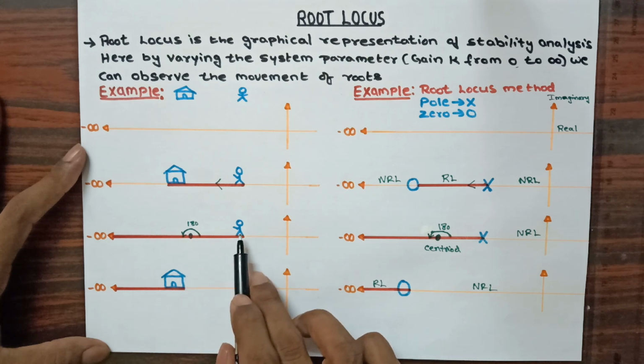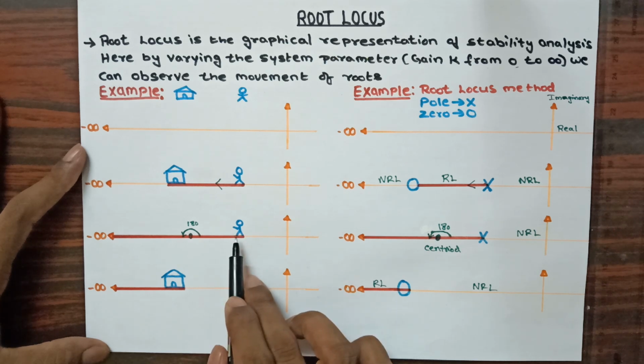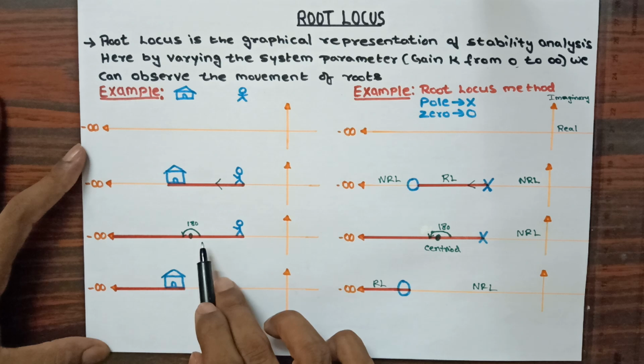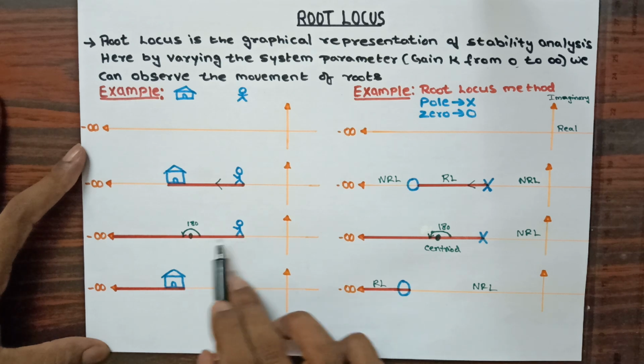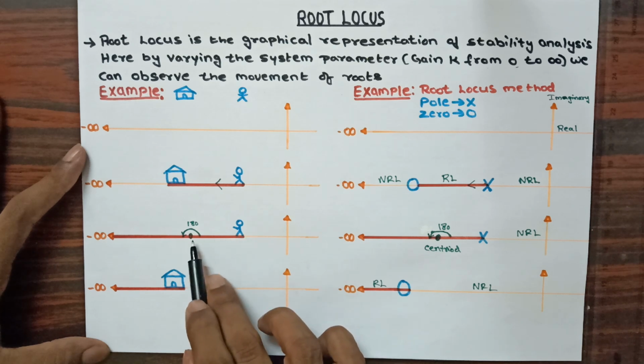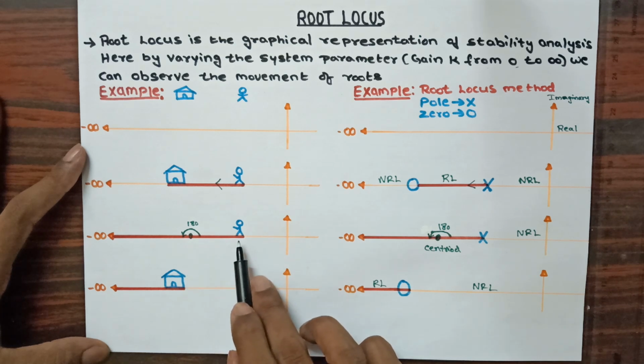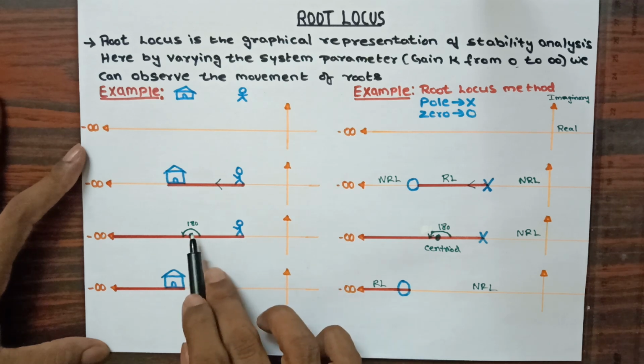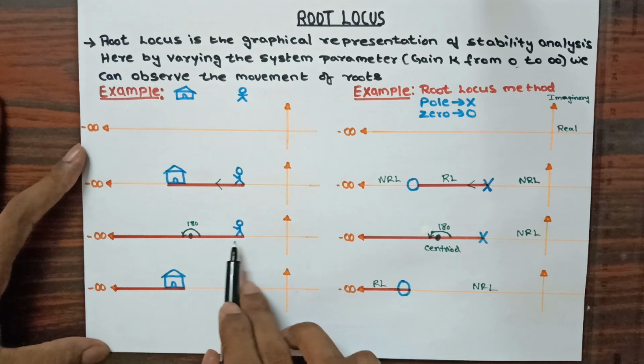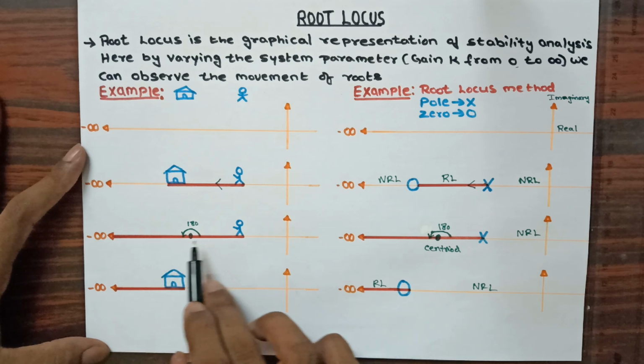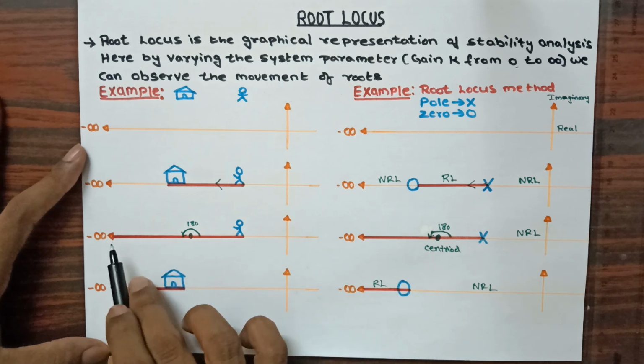One thing you need to remember: the person who approaches an infinite destination is considered as an asymptote. The angle we provide to this asymptote is considered as the angle of asymptote, and the point we have taken to draw that angle will be named as the centroid. Now as I apply the input to this person, he will start to move at this angle, which here I have considered as 180 degrees. At this angle he will reach the infinite destination.